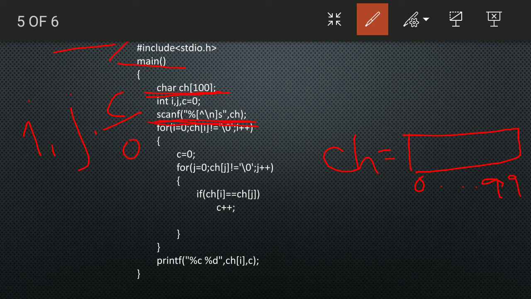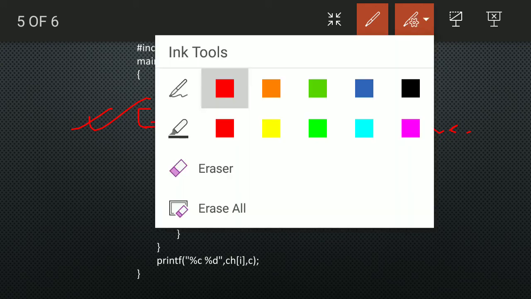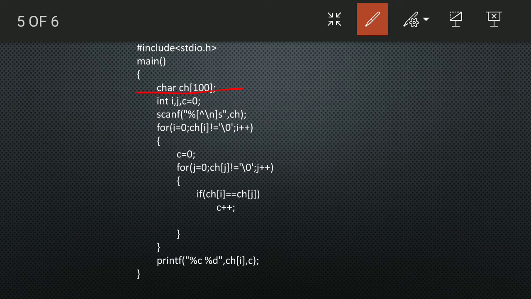With this format you can take the space as well. For example, hello world, you can take it like this with the space. So this format is very important, and I think it is new for you. So remember this format. If you want to take something like Alpana Sri with the space, you can use this format to take it one by one, character by character, into an array. Because here we have defined the character array, and you want to store a word character by character in an array, you can store it like this.